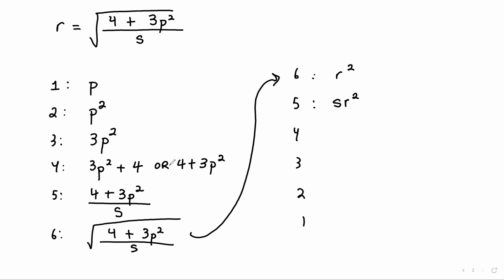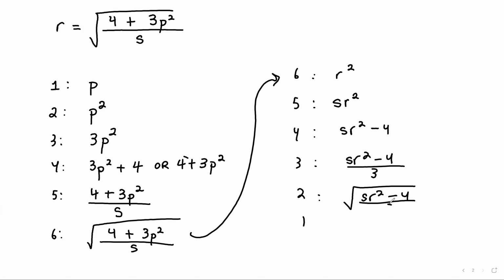And then it would be the opposite of adding 4, which would be subtracting 4. And the opposite of multiplying by 3, so that would be dividing by 3. And then the opposite of squaring, which is taking the root of that, which would have given you the square root of (sR squared minus 4) divided by 3, and then you're going to end back up with P,